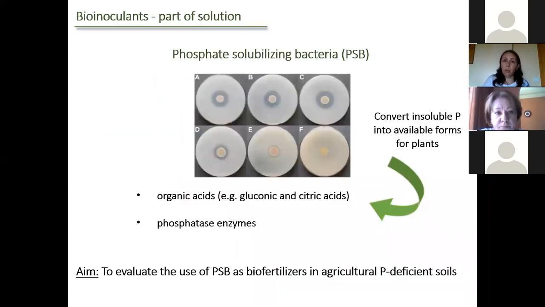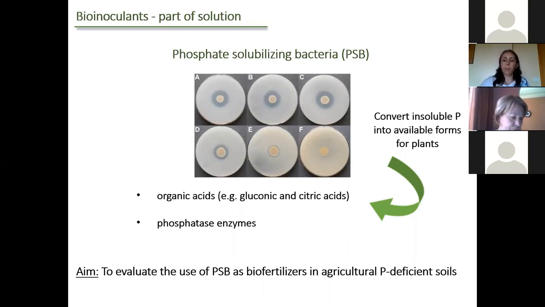So the bioinoculants, once again, could be a part of this solution because some of these bacteria, the phosphate-solubilizing bacteria, are able to convert the insoluble forms of phosphorus into available forms. They can do this by the production of organic acids and also by the release of phosphatase enzymes. And in this work, we aim to evaluate the use of these bacteria as biofertilizers in